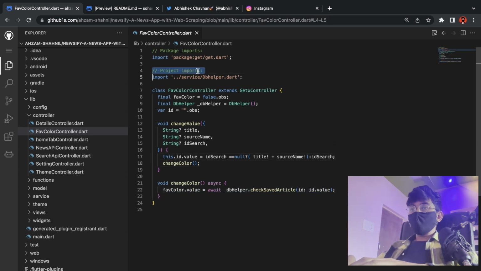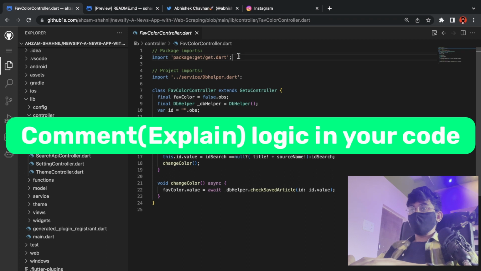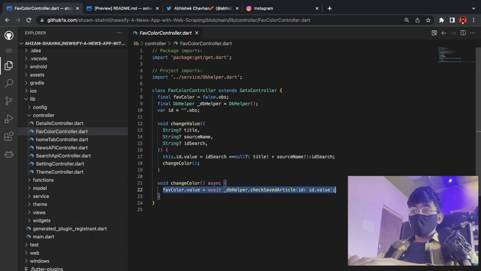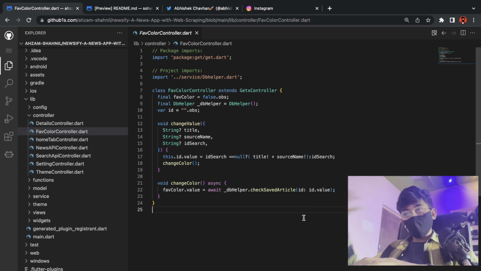And also I can see here the following documentation, the following comments. Now this comment is not required here. Everybody will be knowing that this thing will be a package import and this will be project import. What you should do, in my opinion, is you should be writing documentation, that is comments, over what this line does or what that line does. So you should always write documentation only at that point where it's extremely needed.